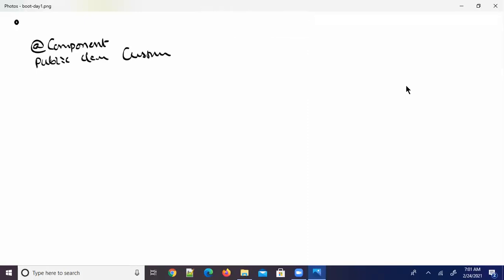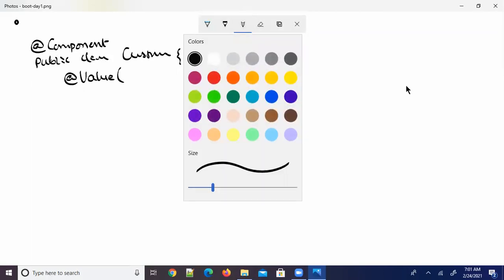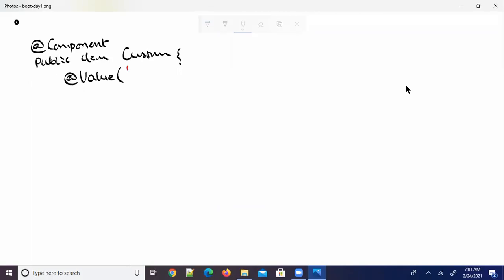See, for example, at component or anything. Public class Customer. Look at this: @Value, and here I am writing dollar, curly brace, cust.id.